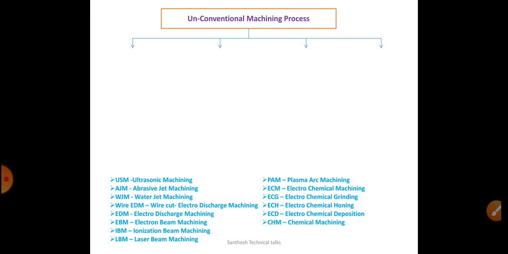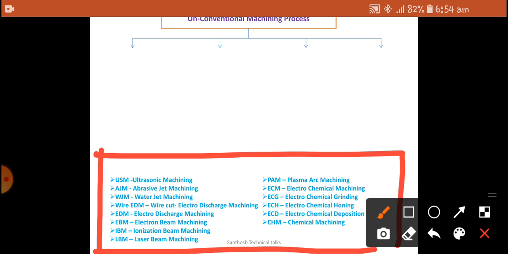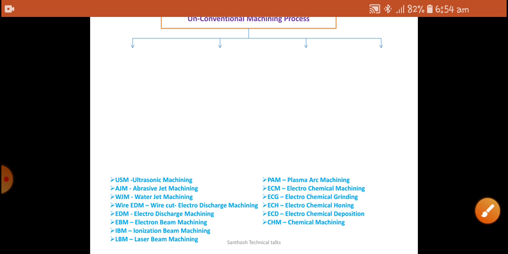Next is the classification of unconventional machining processes, which I am giving in detail. Here I have abbreviated the processes like this. USM means ultrasonic machining, AJM means abrasive jet machining, WJM means water jet machining, wire cut EDM, EBM, IBM, that is ion beam machining, LBM is laser beam machining, PAM is plasma arc machining,